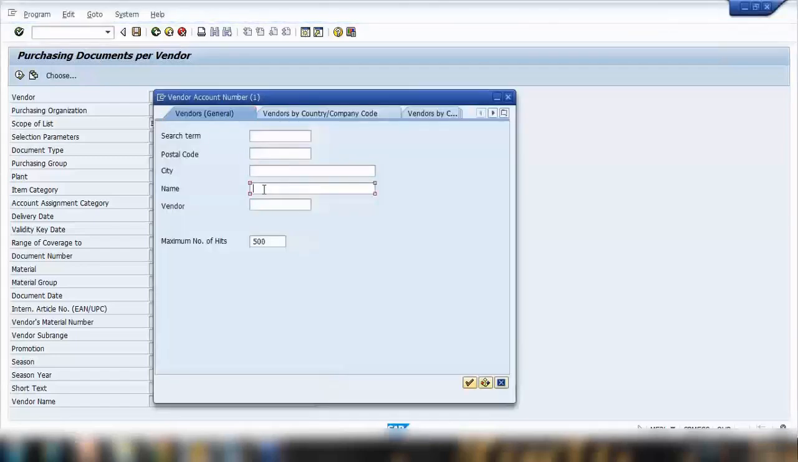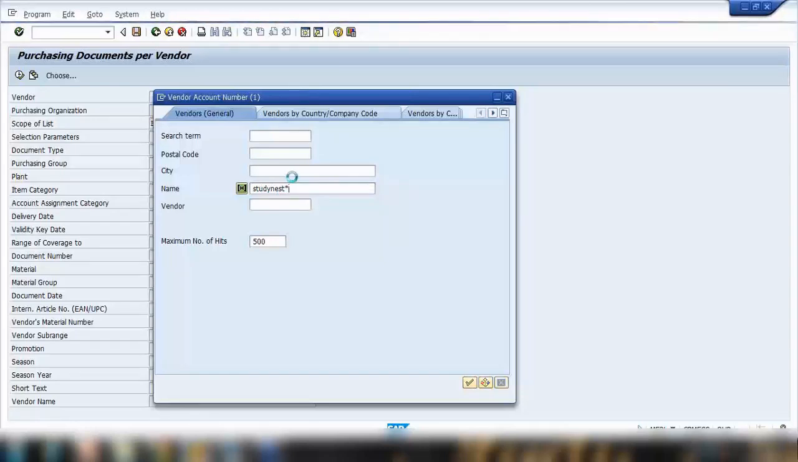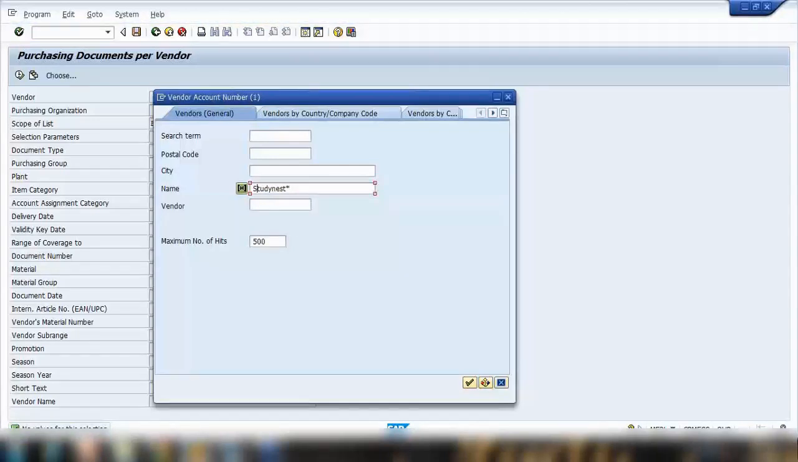And that's the search screen. Here I will search for the StudyNest vendor, so I'll say StudyNest star. Can't find it. Okay, let's start again. If I say star, StudyNest star,